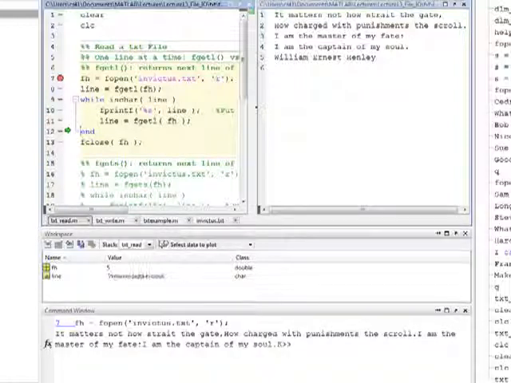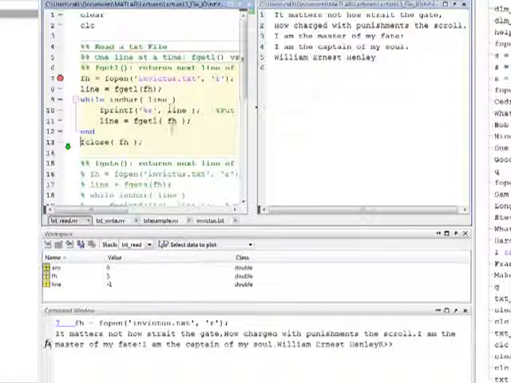I get the next line, William Ernest Henley. I go back up. That is of type char. I print that out. That happens in the command window. I get the next line, and now you notice I'm at the end of the file, and so it returns the value -1, which is of type double. So I'm going to fail the test here on line 9, and then jump to line 13, and close the file. Okay, so that's how it works with